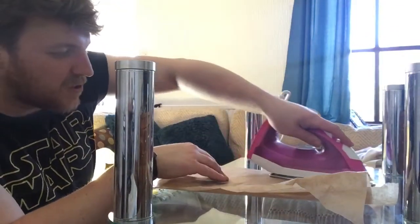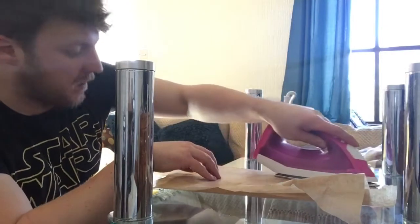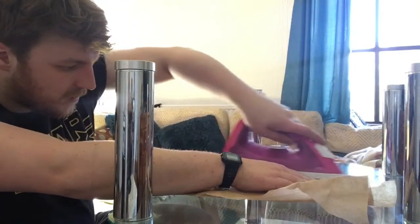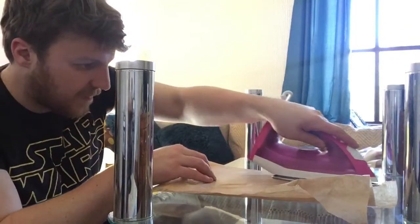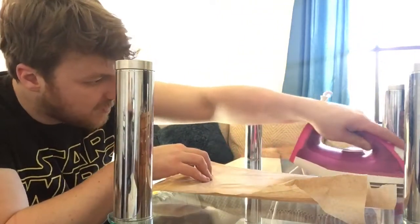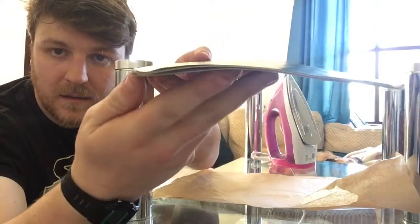I feel like this would just work. If you just had it on full and just ironed it, it would do what I'm doing right now, a bit quicker. I don't know what they actually do, but I can't see it being much different from this. They might use a press or something. But you're just ironing it, aren't you? It's going to look like it's been ironed. I'd say it's working. You can still see it, but